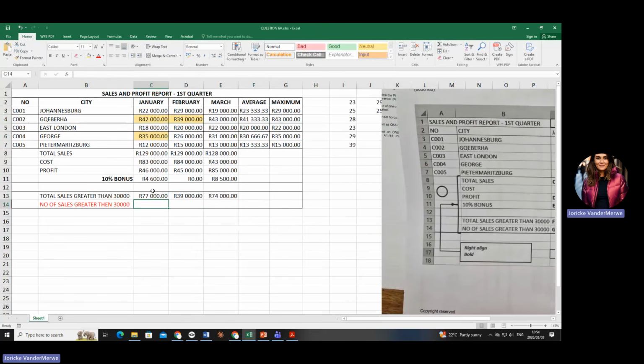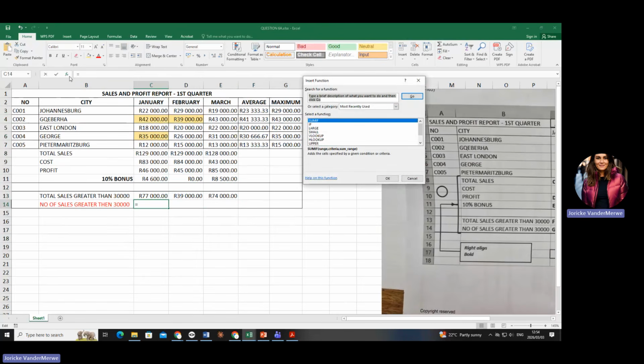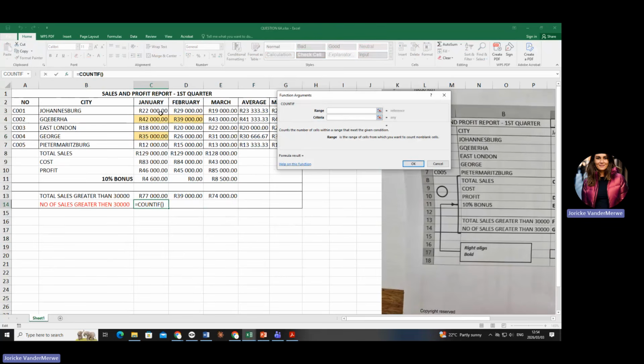So we're going to click there. We're going to go to fx and we're going to type in here what? COUNTIF. Don't make a spelling mistake. Say go. Choose COUNTIF. What is my range? Darlings, a range is where you want to tell the computer to go and look. Do you agree that is where it goes to look? What is the criteria, darlings? It must be bigger than